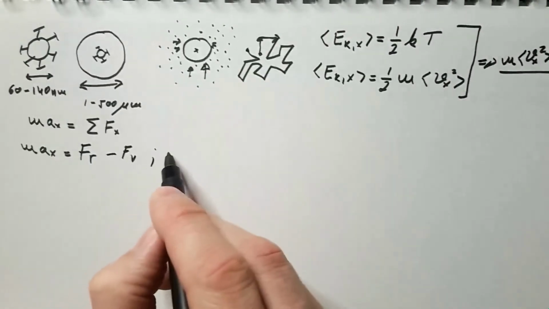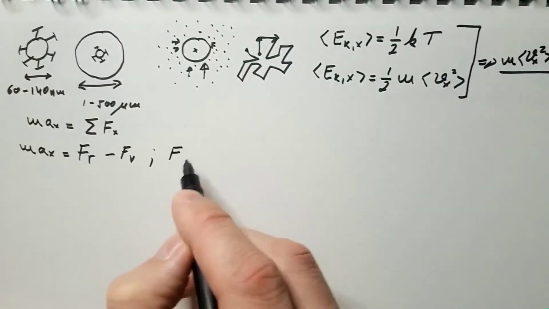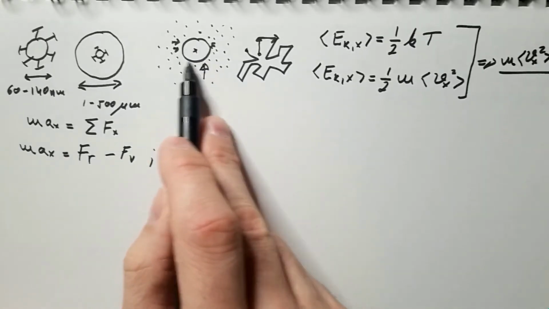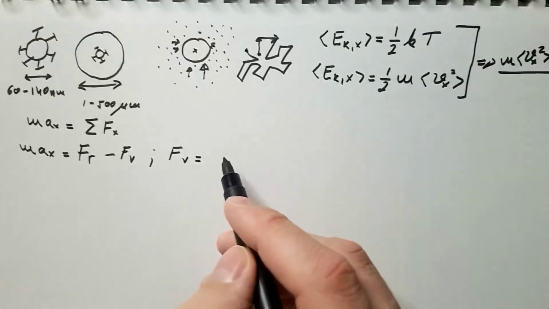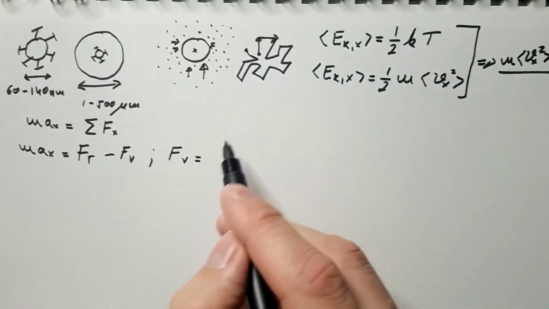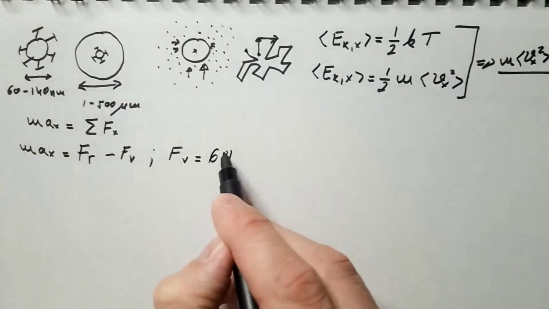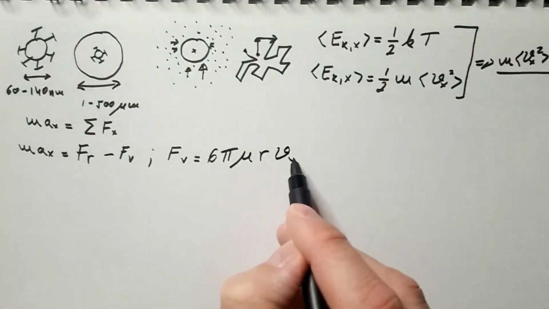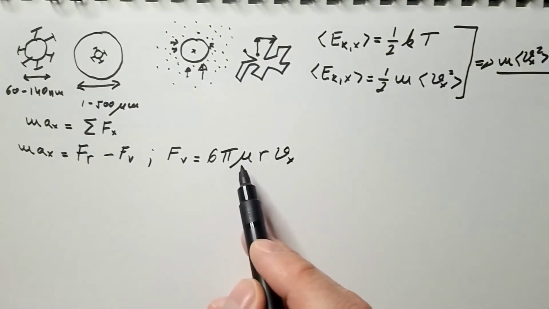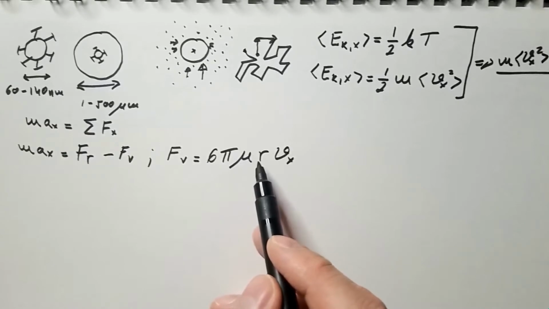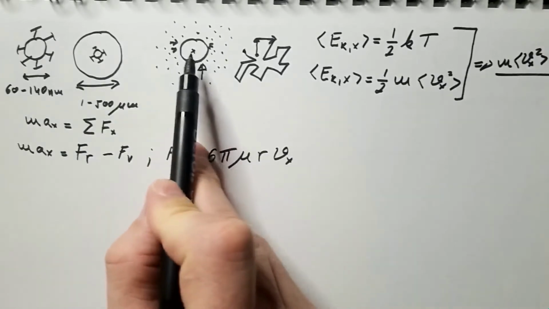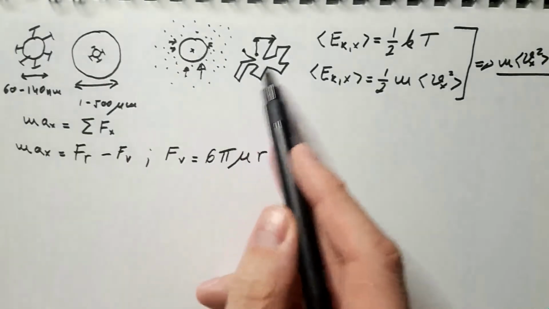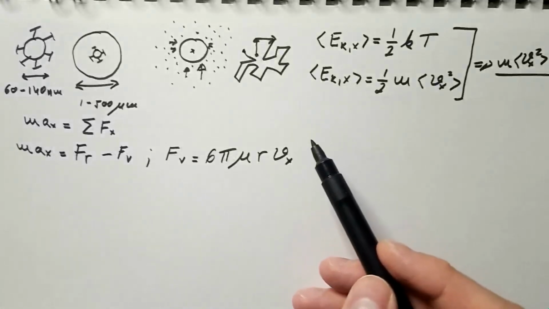Well, we know that the viscous force exerted on a spherical object, and this droplet is a spherical object, can be expressed using Stokes' law, that is 6 pi mu r Vx, where mu is the dynamic coefficient of viscosity, r is the radius of this droplet, and Vx is the velocity of the droplet that it gains due to this